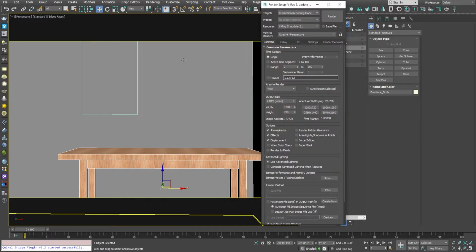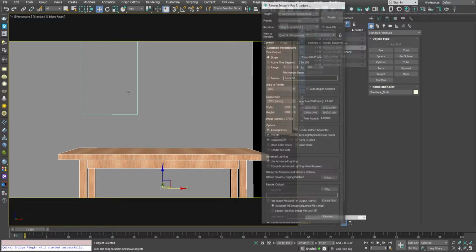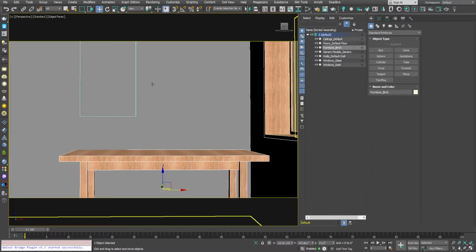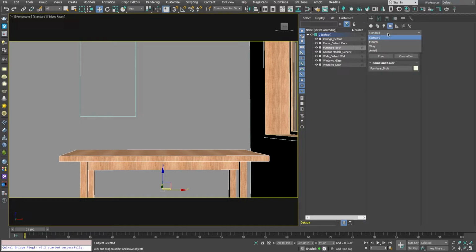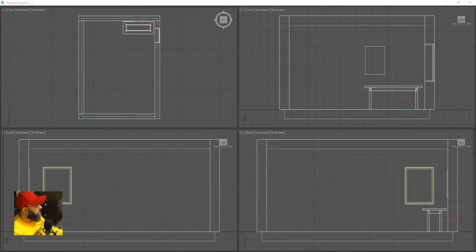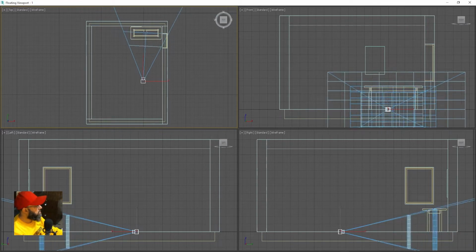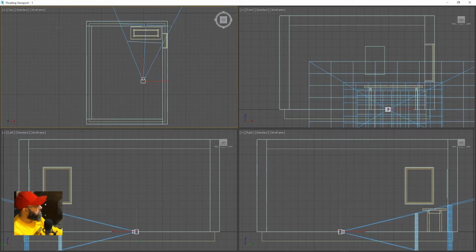The first thing that we need to do is, yeah, it's okay, 1920 by 1080, and then we could create a camera from this view by clicking on this icon. But what I like to do is go into my camera view and V-Ray, V-Ray physical camera, go into my top view and click drag the camera,